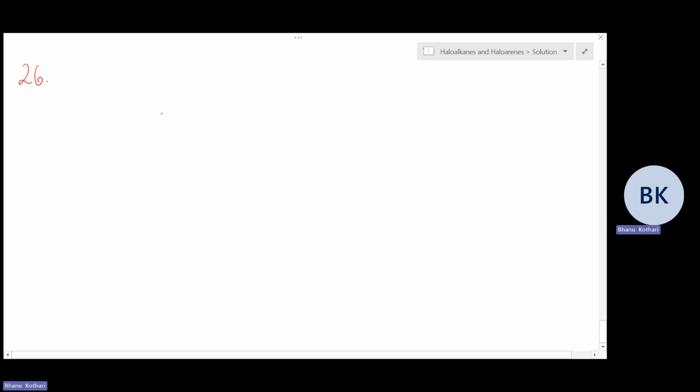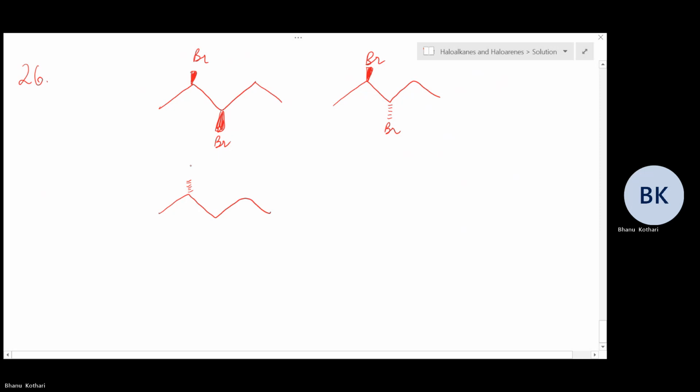For 2,3 dibromopentane, it can be RR, can be RS also, can be, and it can be